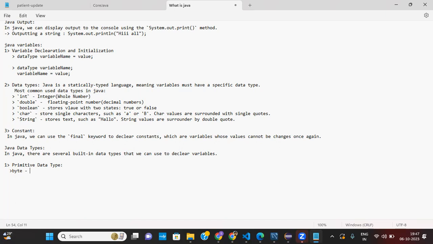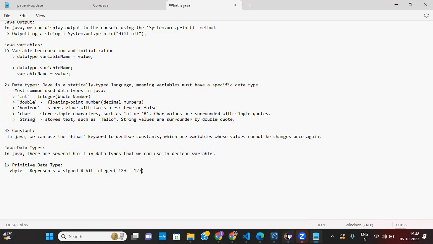Basically it represents a signed 8-bit integer, and it can store negative 128 to positive 127. It can store up to this value.